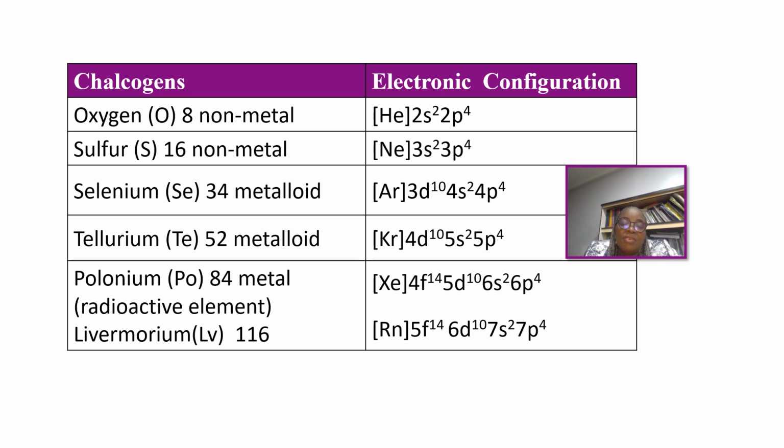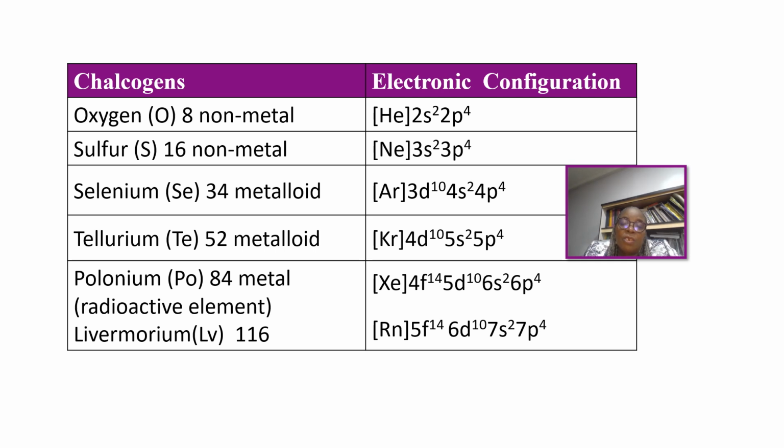Then we'll have selenium, symbol Se, atomic number 34. Selenium is a metalloid with electronic configuration Ar, that is argon,